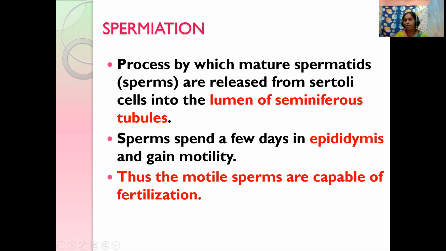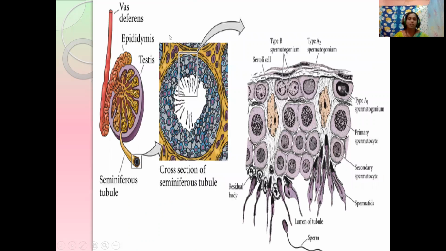Then do you know the pathway of the release of the sperm, students? Just now I have said. It moves from the Sertoli cells towards the lumen of the seminiferous tubules in the center. And from there, it moves to the epididymis. It spends some time there, gains motility, and moves via the vas deferens and urethra out. In this way, the release of the sperm is called spermiation.